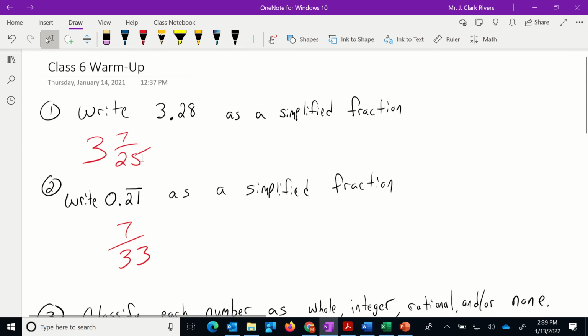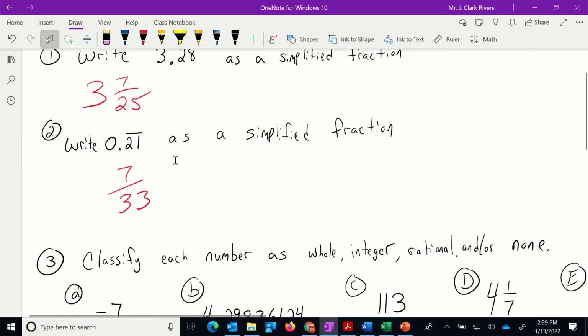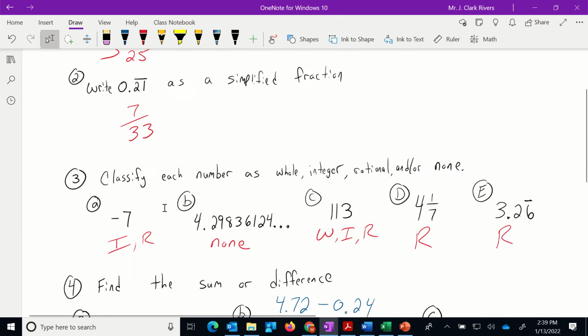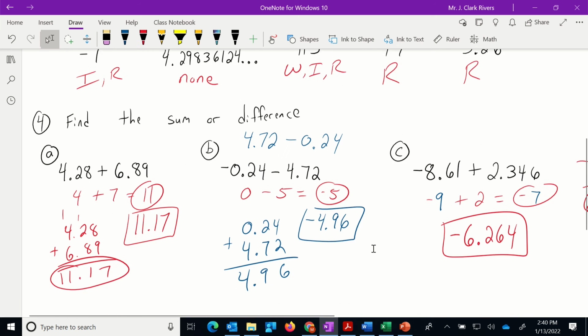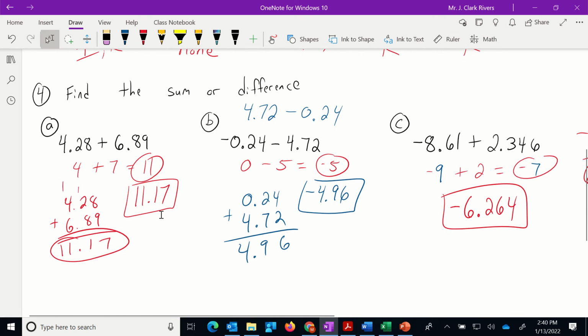Number 1, 3 and 7/25. 2, 7/33. 3a is integer and rational, 3b is none, 3c is whole, integer, and rational, 3d is rational, 3e is rational. Number 4, A, B, and C, we get